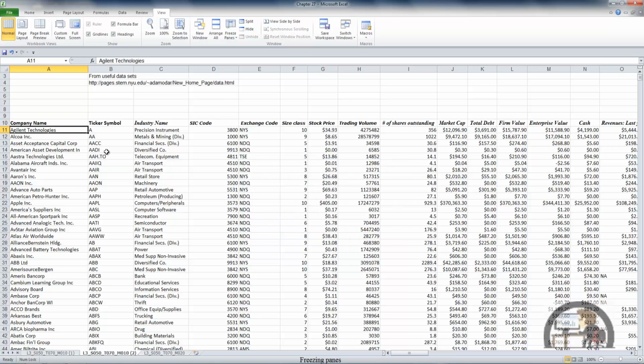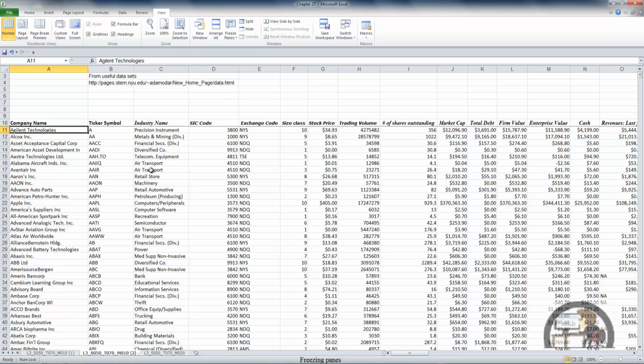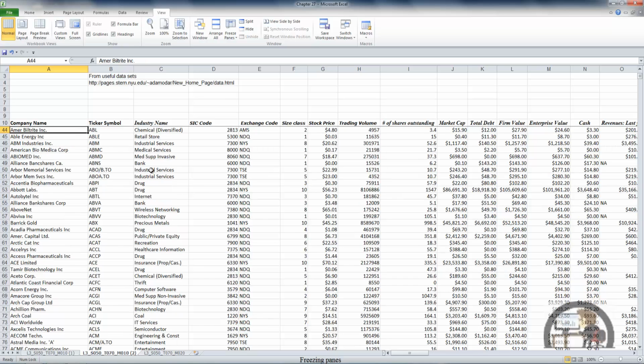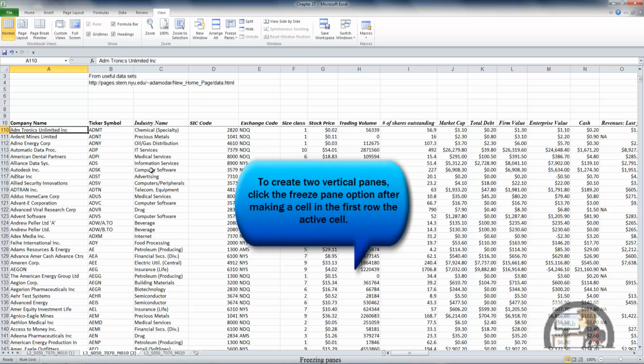Left-click the first cell that's going to be below the rows that are going to be frozen. Left-click Freeze Panes. And since I'm all the way over to the left, I can left-click Freeze Panes, and I am just creating a horizontal frozen pane and not a vertical one. So the result we're getting is actually displaying two different things. We have frozen rows 3 to 10, and even though we selected Freeze Panes, which would normally freeze a vertical and a horizontal pane, since we were in column A, the Freeze Panes functionality just gave us a horizontal pane. Unfreezing the panes,